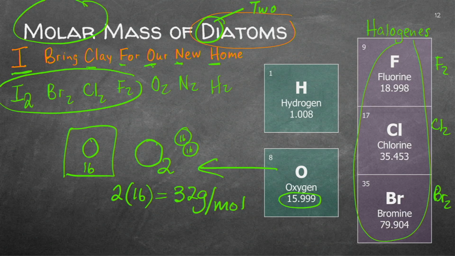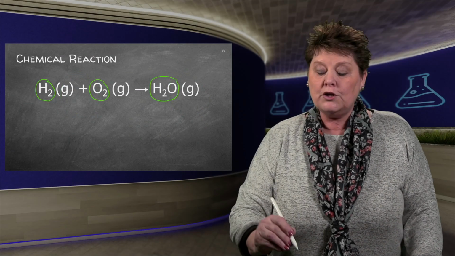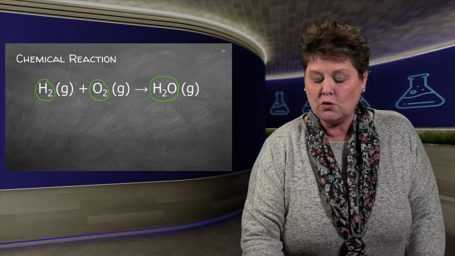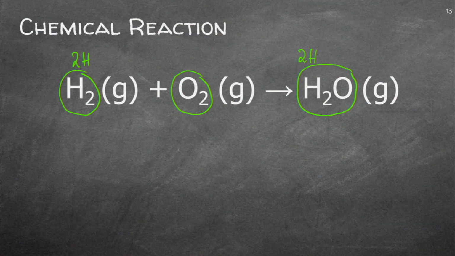And when we get to a chemical reaction, you will be able to use these hints that I've given you now. I've got diatoms, I've got hydrogen here, I've got oxygen here, and it forms water there. The first thing is you have to have a look, do you have a balanced equation? Because as it's now, you've got 2 hydrogen and 2 hydrogen forming, you've got 2 oxygen, but you only have 1 oxygen coming out. So you need to balance your equation first. Be careful, it won't be asked every time.